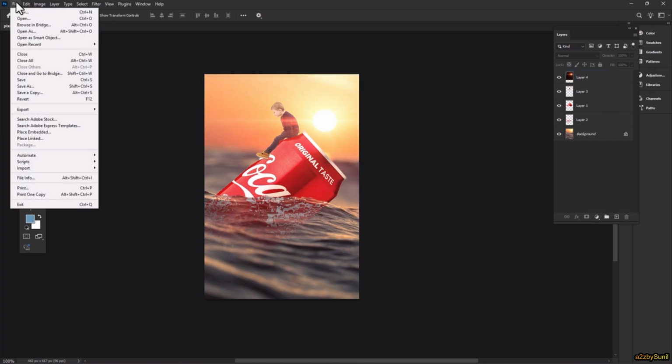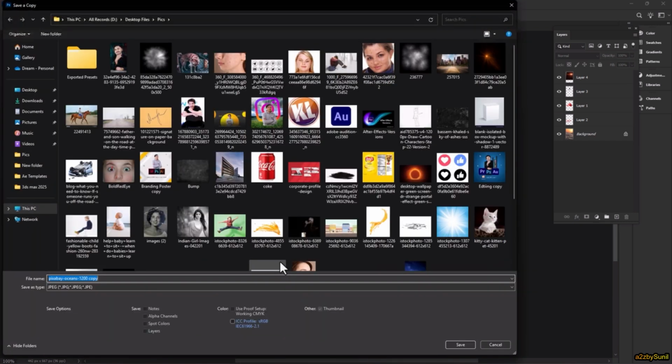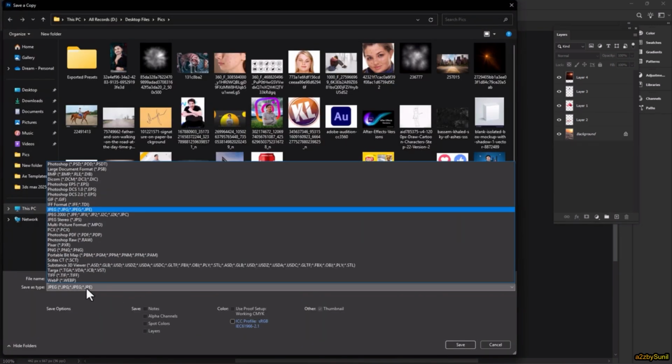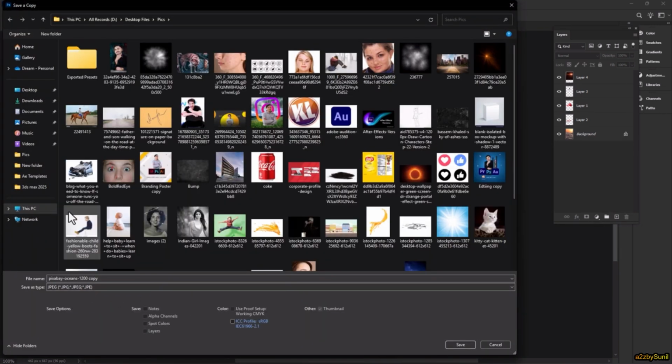Go to File, save a copy, save into JPEG or JPG. Then select the